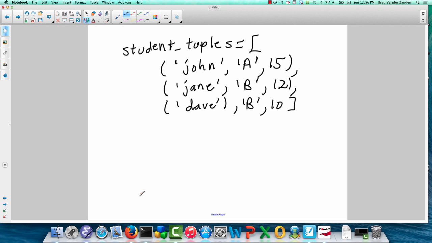Now we'd like to sort it, and let's say we want to sort it by age, which is the last attribute in our tuple. So the way we could do that is we could write sorted student tuples,